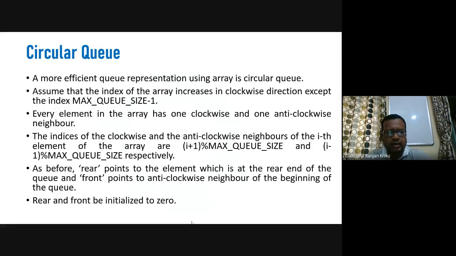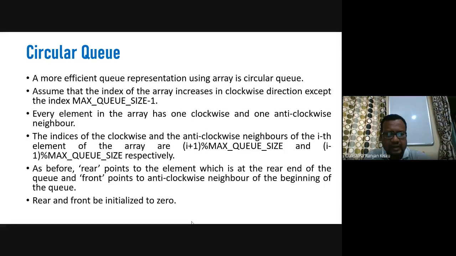So every element in the array has one clockwise and one anti-clockwise neighbor. That means if we consider any ith element in the circular queue, then that ith element will have one clockwise and one anti-clockwise neighbor.